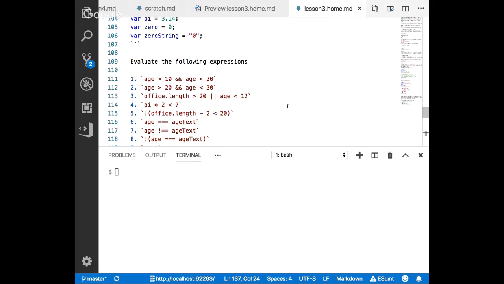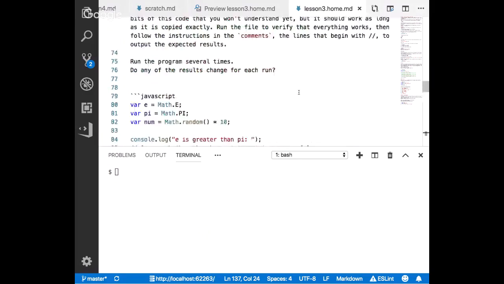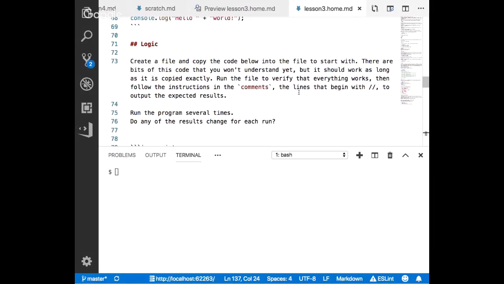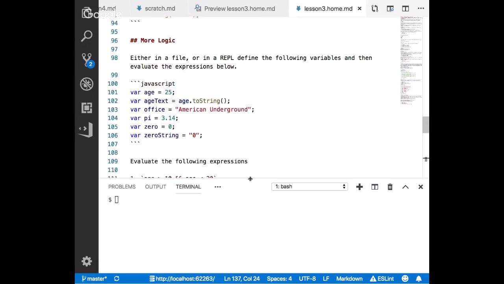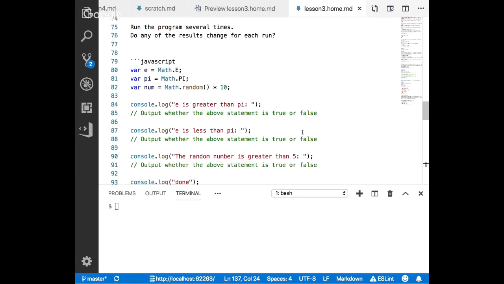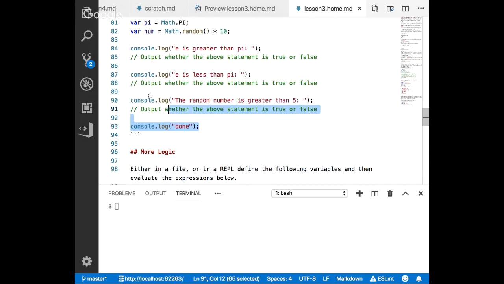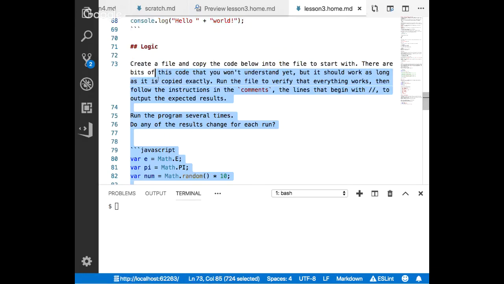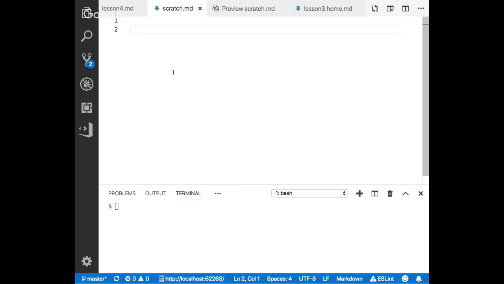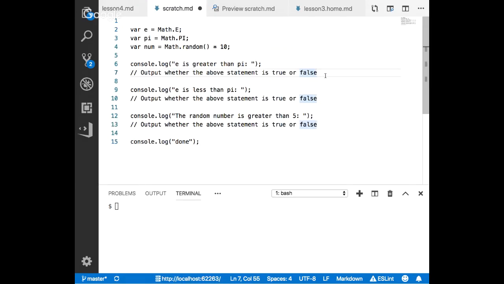Yes. I'm a little confused with the logic section. I think I got confused when you said output whether the above statement is true or false. Were you looking for us to get it to tell us if it was false or true? Yeah, this section here. I was just confused about what the goal was. Yeah, the goal there was, I'll go ahead and copy this into a scratch file to do some of this stuff. Probably could have been a little more clear, but the general goal there was just to get practice writing some